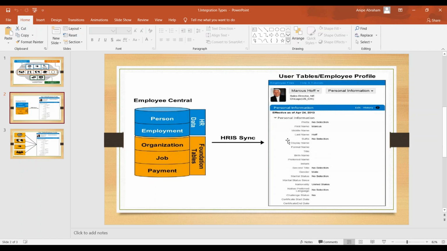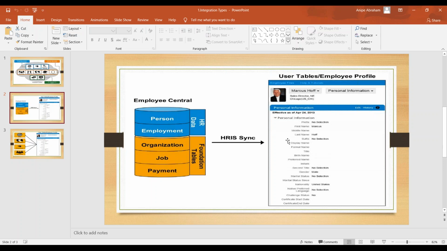Suppose you want to configure a hard coded mapping. Usually the mapping will be first name to first name, last name to last name. Maybe you want to do a hard coded mapping from Employee Central to employee profile, like department to business unit, or business unit to division. You see that it is not matching, right? These kinds of mappings are also possible, but once the mapping is done, you have to go to provisioning, and there is a single and final step that you have to do, which we call the HRIS sync job.